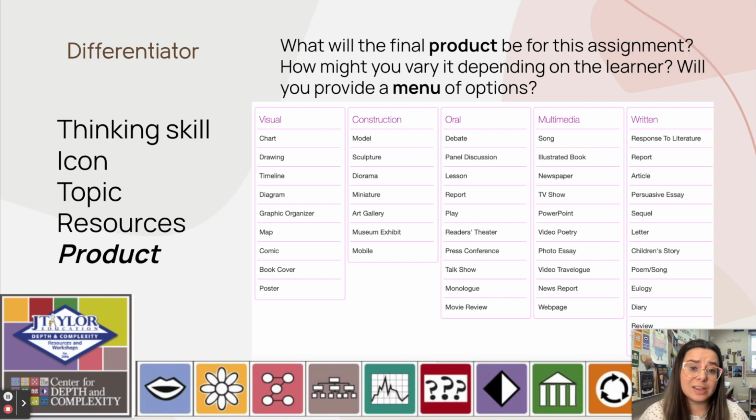Oral, so are they talking? Is it going to be like a play, reader's theater, a press conference, a talk show, a monologue, a movie review, a lesson, a report, a panel discussion, a debate? Is it multimedia, like a song, illustrated book, newspaper, TV show, PowerPoint, video, poetry, photo essay, video travelogue, news report, webpage,